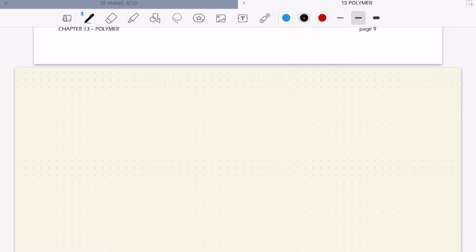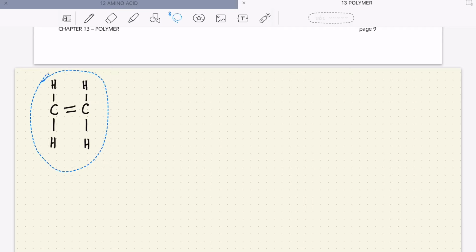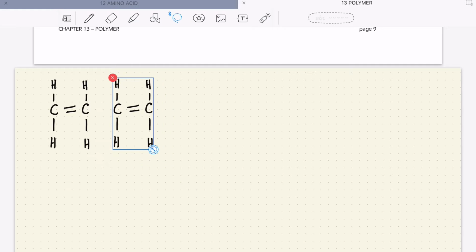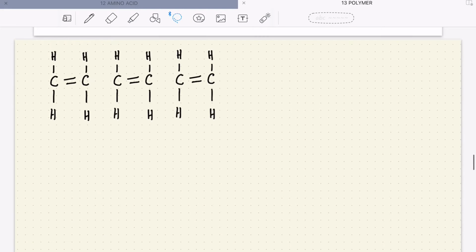Now we have this. This is our monomer, and we are going to have another monomer, the same monomer. So we have another monomer here. Now let's say, let's prepare three monomers, for example. So we have these three monomers, and we want to